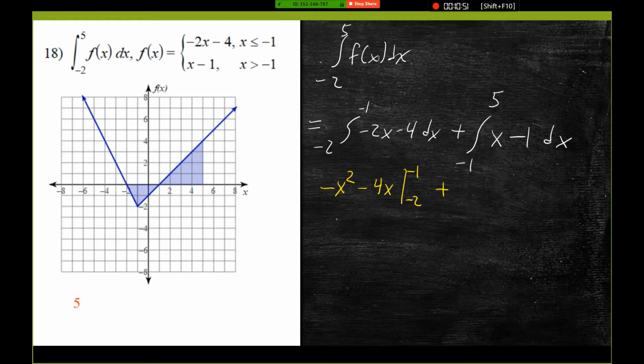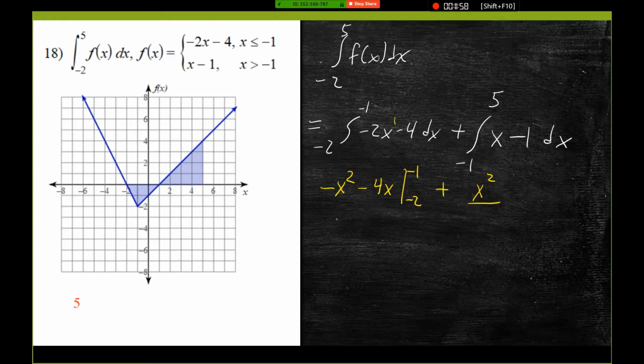So next on my list is Kenichi. Kenichi, what's going to happen when I integrate this one? Okay, first term you said was x to what power? So x negative 1, right? For this one we're integrating, so I'm going to add 1 to the power and divide by the new power. So you can see on the left, negative 2x became, I added 1 to the power, so instead of x to the first power, this became x to the second power, and then I divided by 2. So for this one over here, it's going to be x to the power of 2